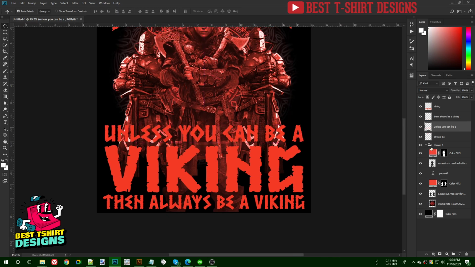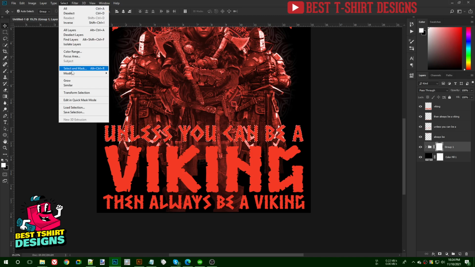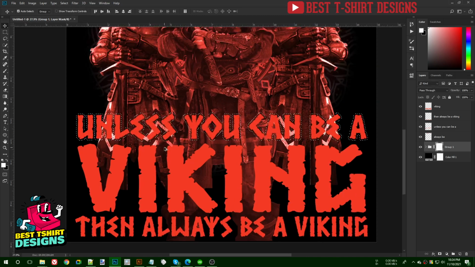okay, sorry guys, before making the selection we need to change it. I am selecting this group here and then clicking on this layer mask to open a layer mask, and then clicking on this text selection option, then modify and then expand. Same thing, it is going to give me a selection like this.